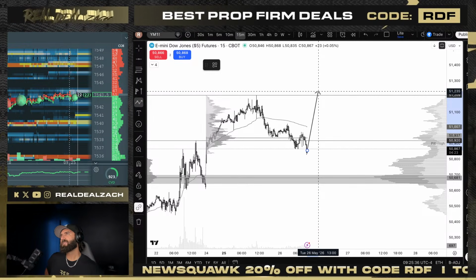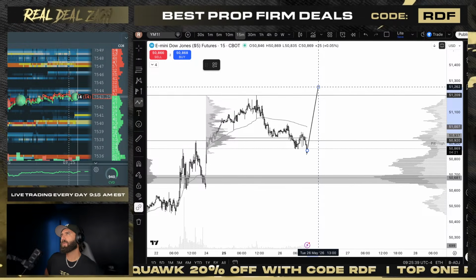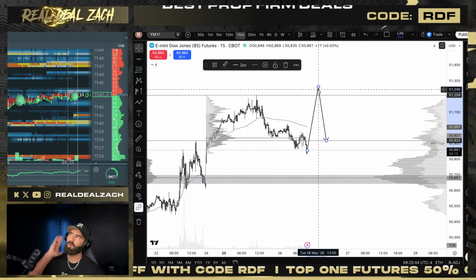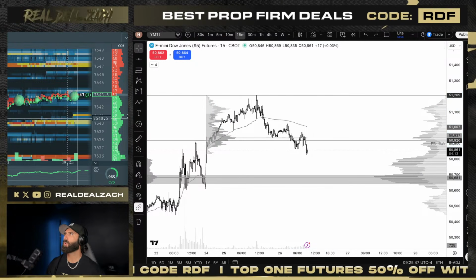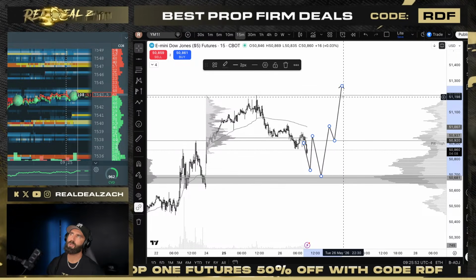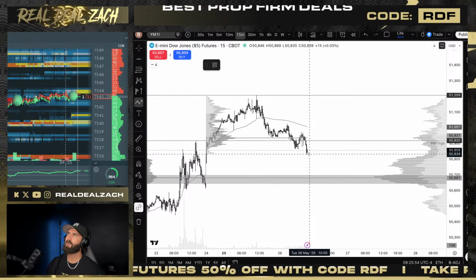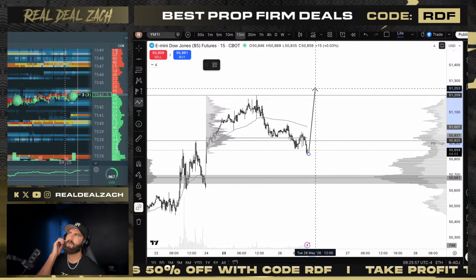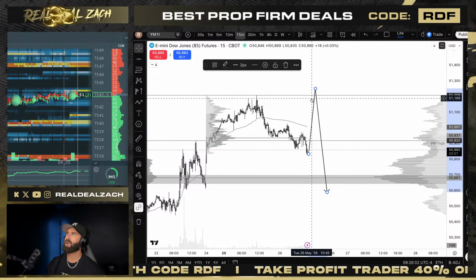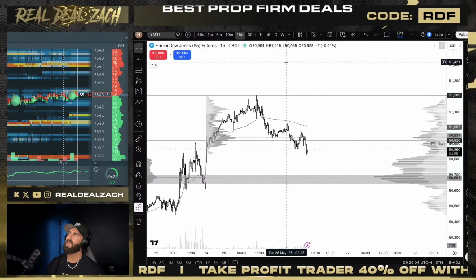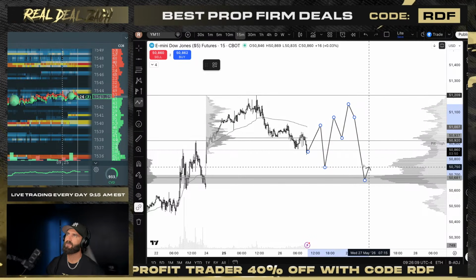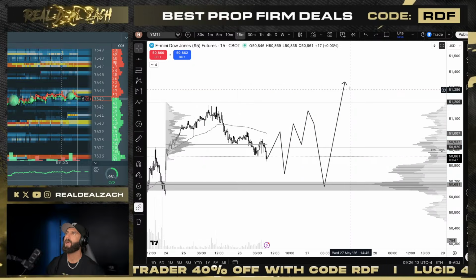I don't like fading this that much, but let's talk about exactly what I'm looking for. I would want us to drive right into this, right to that point. I'm not going to take a short if we do this, and then we get here. I'm not shorting this, okay? If we pop off the open, we pull this over-exaggerated movement to run stops up here, take everybody out, and then potentially move lower, I'm going to try that to the downside. If we trend to the upside, we chop back and forth, we do close this gap, and for some reason I don't get long, we push all the way back up, I'm not going to fade that.